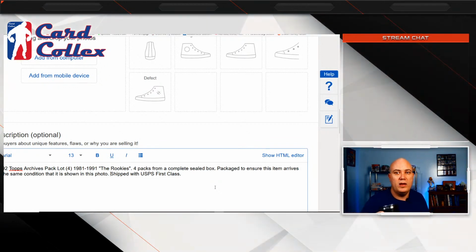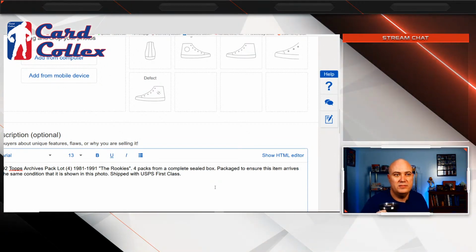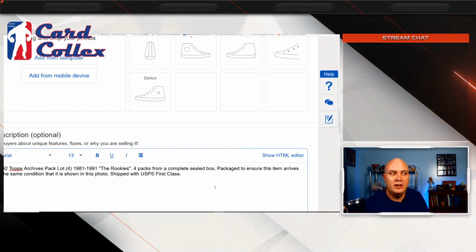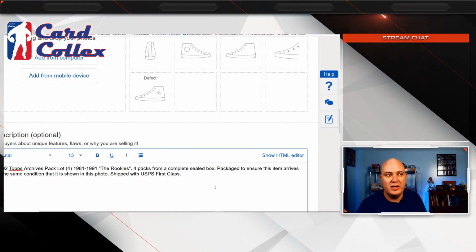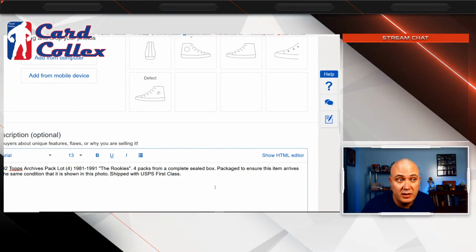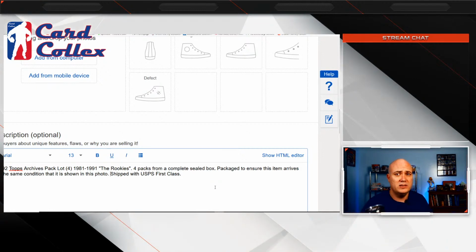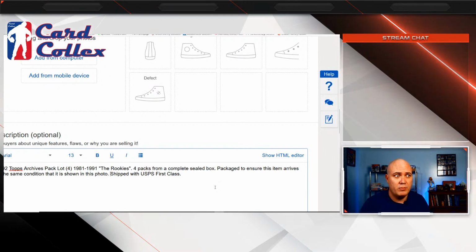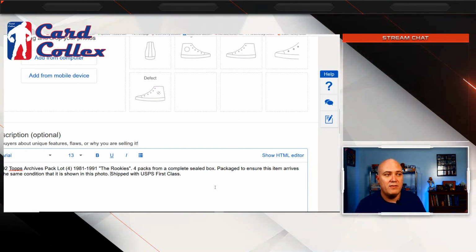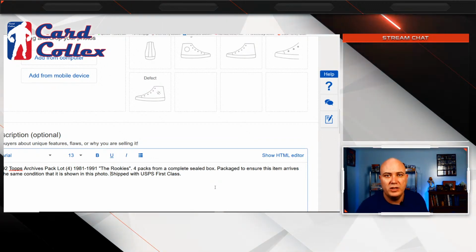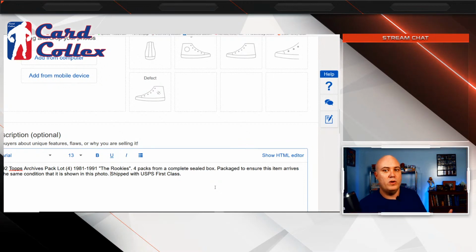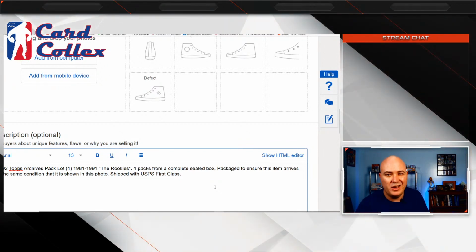But if you actually want an eBay store that does decent, that you can keep, you don't want to just keep opening new accounts. You'll never get any feedback, and a lot of people simply will not buy from somebody that doesn't have much feedback. With the Card Collex store, I don't care about that. It's for selling stuff, but the main reason for having this and not listing stuff on my personal store that I've built up is so that people on the channel can take part in what I'm reviewing, what I'm looking at, what's in the videos. It's going to sell to a lot of different people, but